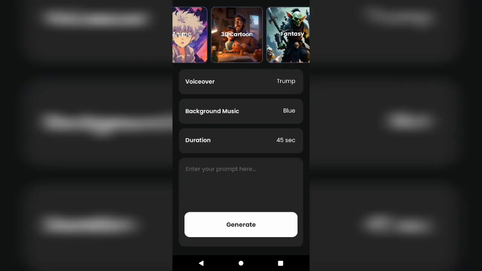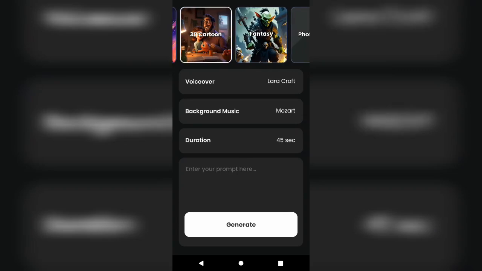So step 1, go to this app, select your character style. There are tons of characters you can choose from depending on what you want to do. Then step 2,